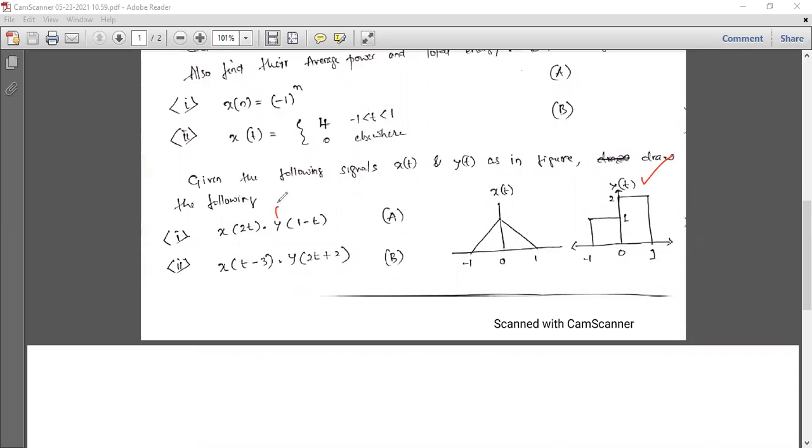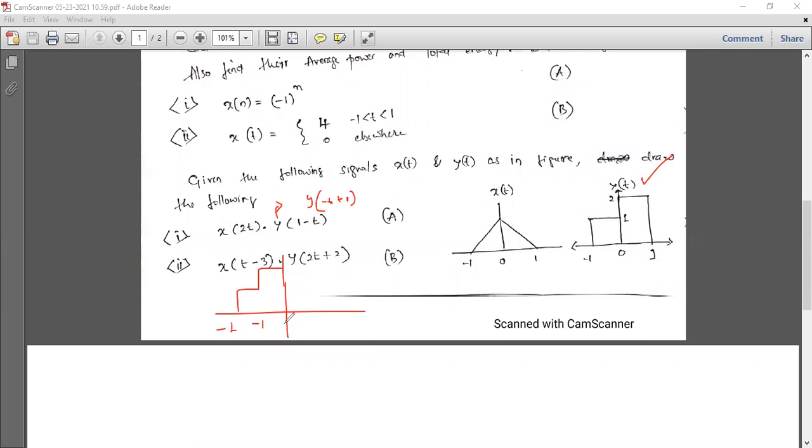How did you do this? I saw 1 or 2 papers with the right approach. So -t +1. First you have to do the shift. I don't know how you have done it. What did you do? I thought you got confused there. First I did the reflection: -t means I took the reflection, then I shifted. Okay. This should have been the approach. I don't know if we will get the same answer or a different answer.